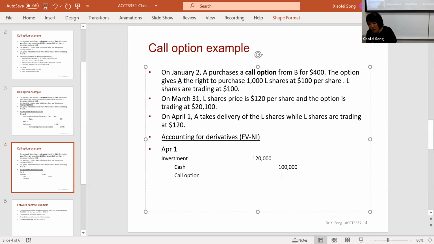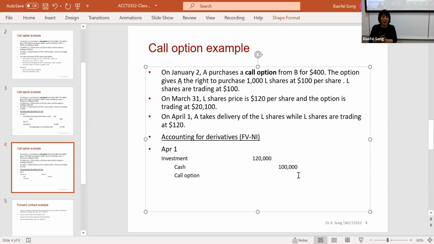How much should we remove? 19,700? 20,100, whatever it is on the account, because if we don't have the instrument anymore, it should be nothing left